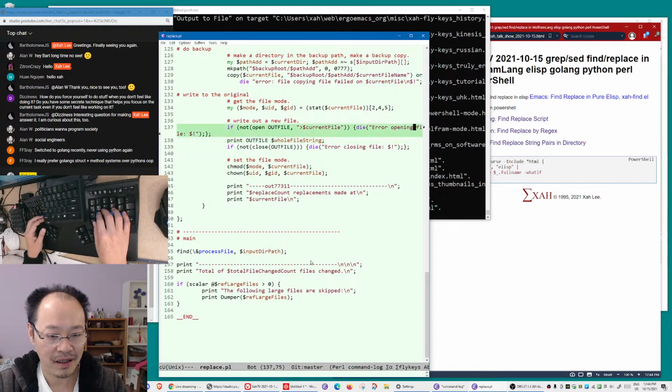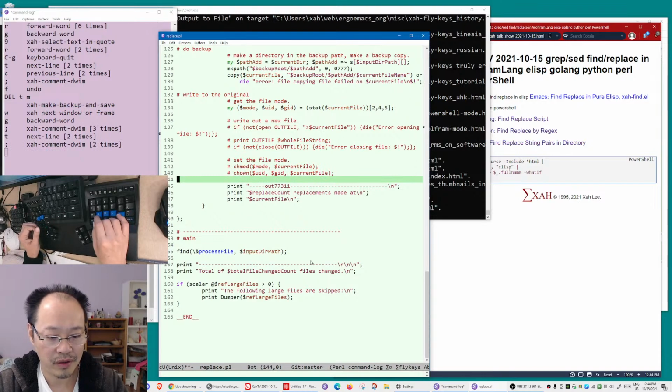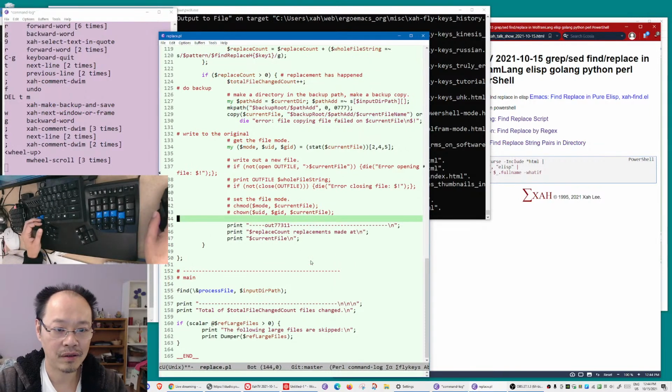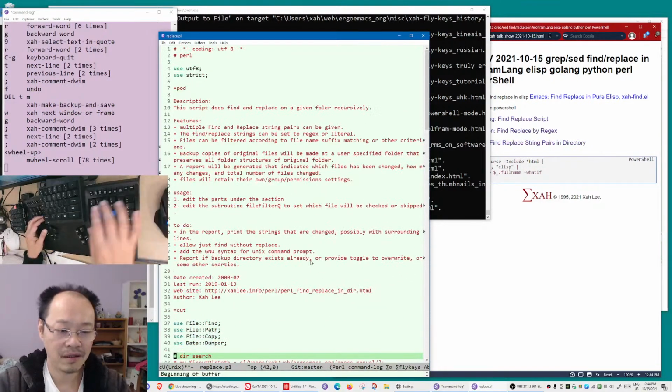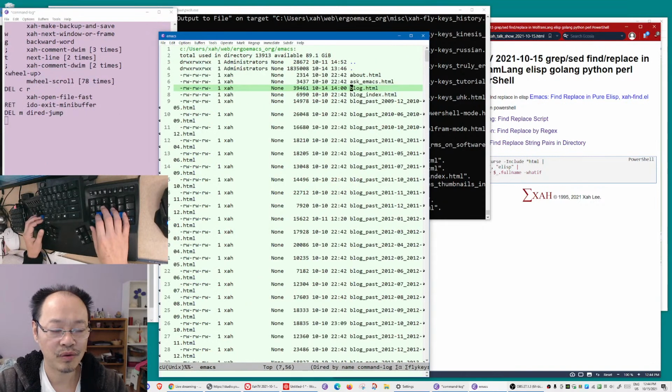So I guess I comment this out, make a backup, comment this out, comment this out, comment this out. Okay, I'm not even sure this will work because this is very old code. Let's just run it. Let's hope it will not screw up my website. But before we do that, let's go to